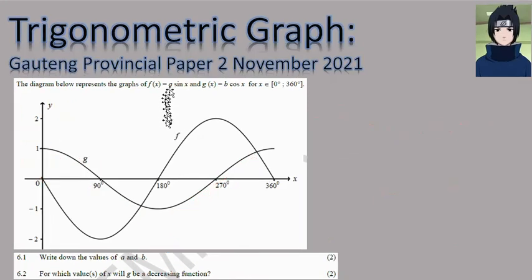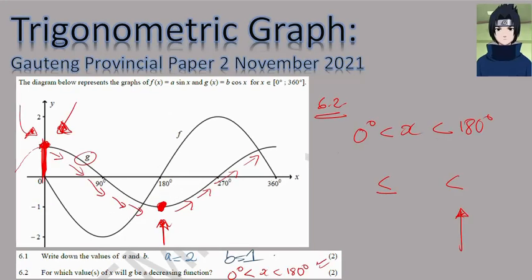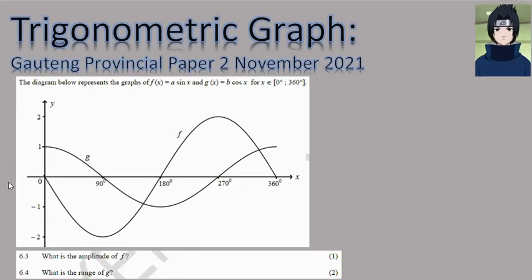Now, next question. Next question says, wait, this is the same thing, isn't it? It's the same thing. Okay, next question. It says, what is the amplitude of f? Now, we already spoke about this. We said the amplitude is this value here in front of the equation. I feel like they're asking the same thing over and over. So the amplitude here